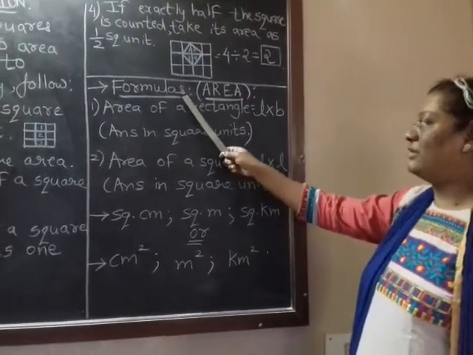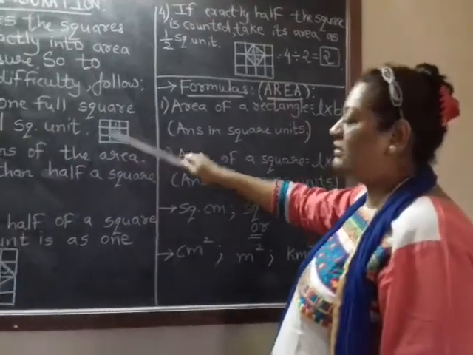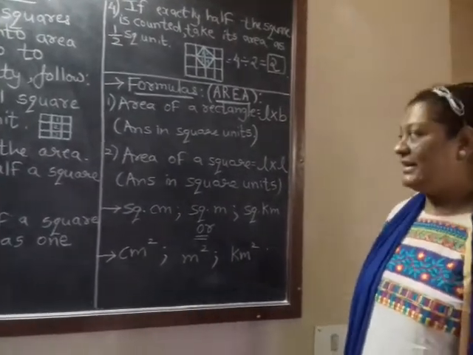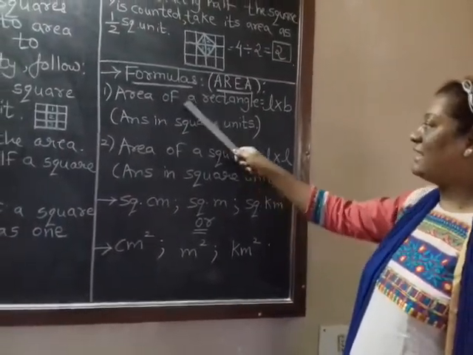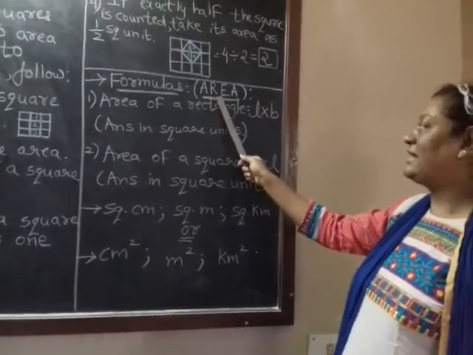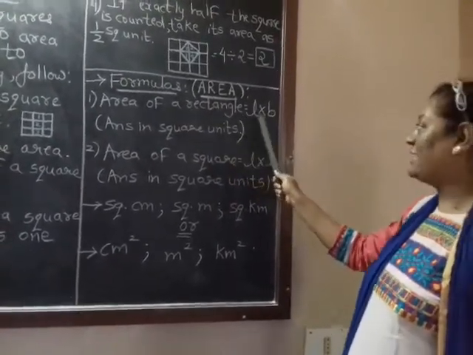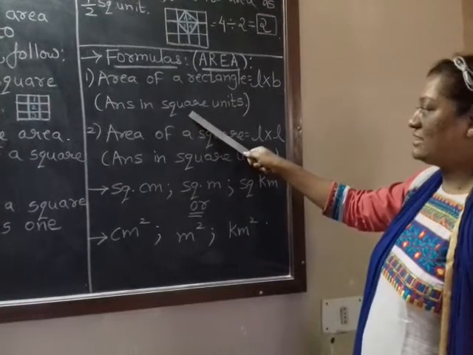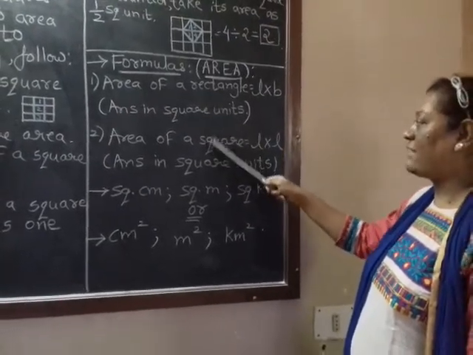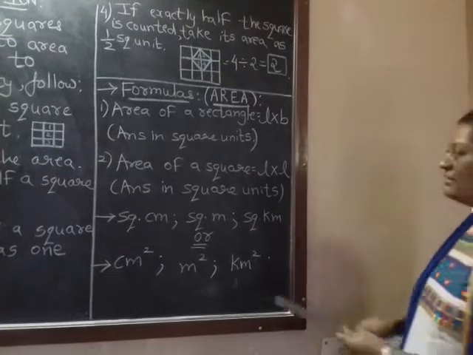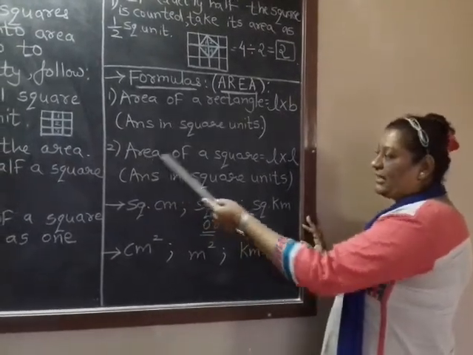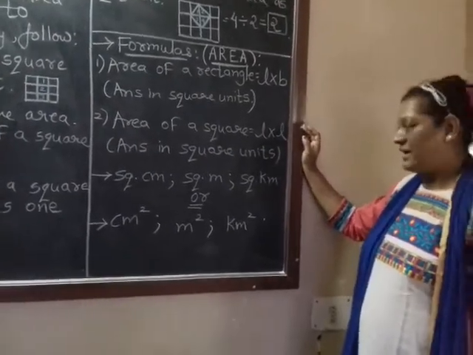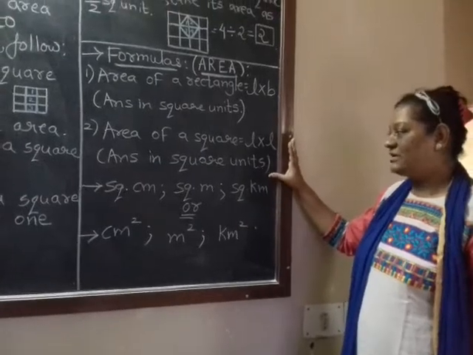Okay, now coming on to the formulas. These are the rules related to the figure when it is given on a graph paper and you have to count out the area. But when we are solving the sums directly, the formulas to calculate area are: area of a rectangle, L into B. L is for length, B is for breadth. Your answer of area for a rectangle or a square will be in square units. I will come to that. For area of a square, the formula is L into L, where in a square we do not have breadth. So L into L. Again, the answer will be in square units.